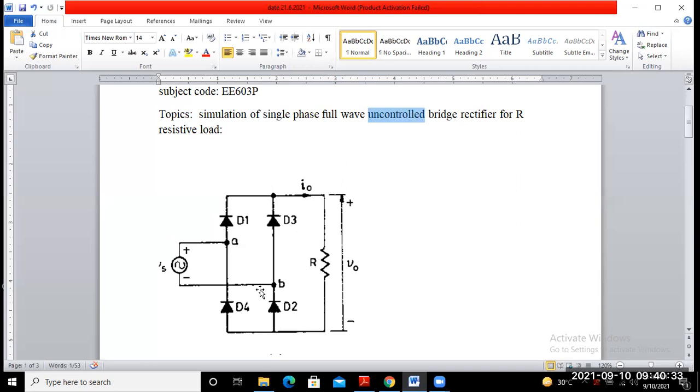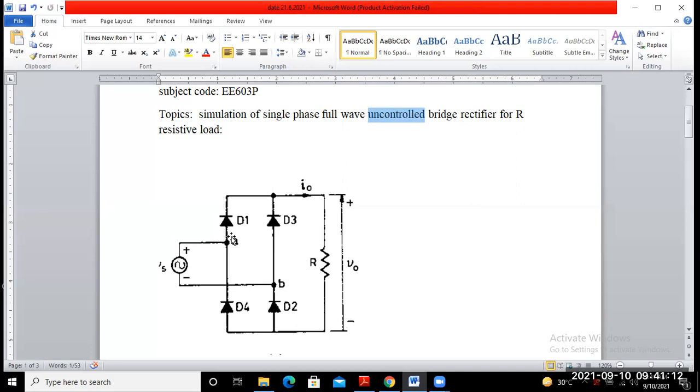Okay, so the maximum magnitude may be indicated through this sine wave. If it represents voltage, then that quantity represents the maximum voltage, or if it represents current, that means the maximum current. Okay, so in the positive half cycle, diode 1 and diode 2 are in forward bias. So diode 1 and diode 2 start to conduct